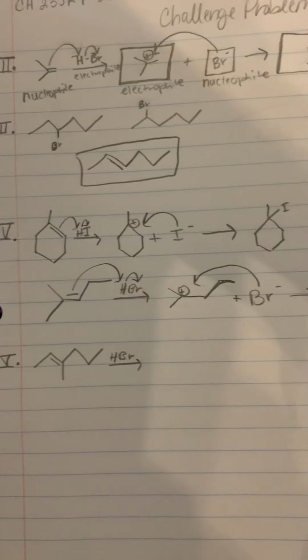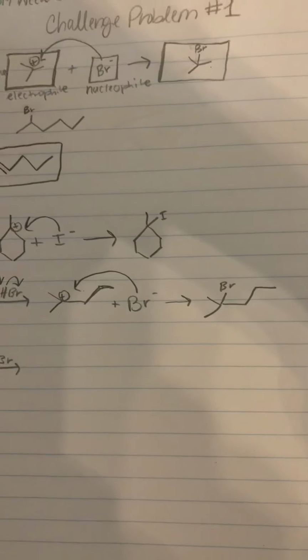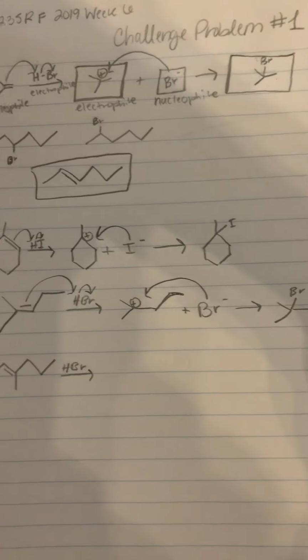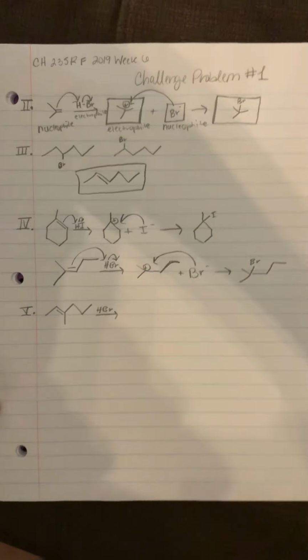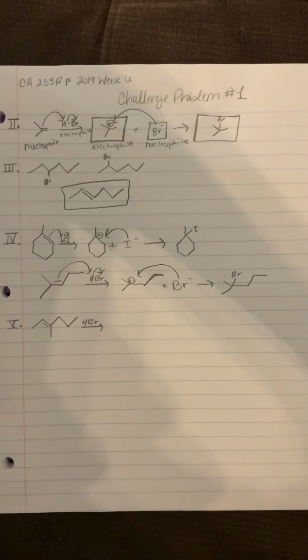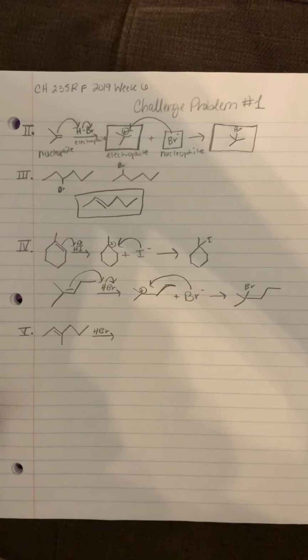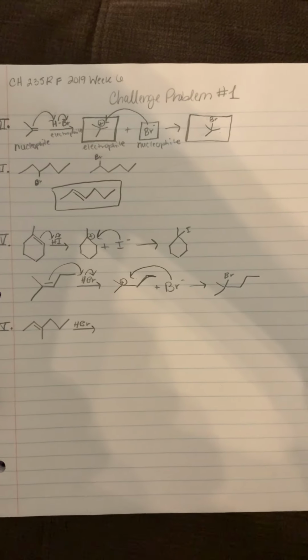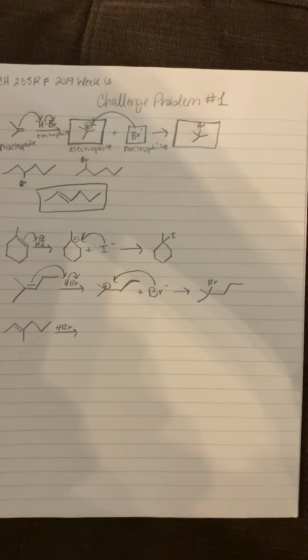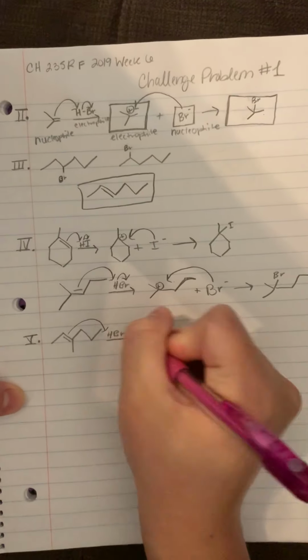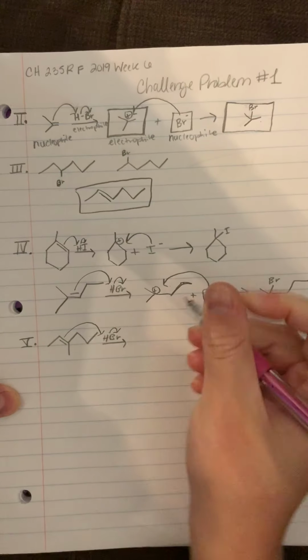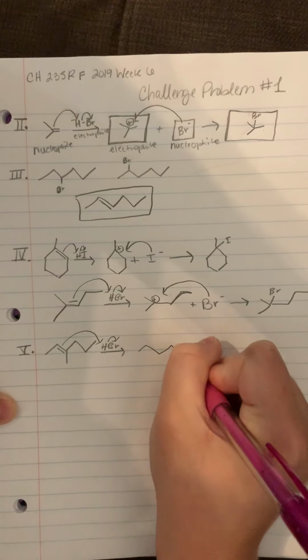Alright, and for the last one, it's about stereochemistry of electrophilic addition to the carbon-carbon double bond. So for the following reaction, draw the two stereoisomers that are formed and designate the configuration for each isomer. Okay, so for this reaction, these electrons would come here, the ones from the bond would go to the bromine, and you would have